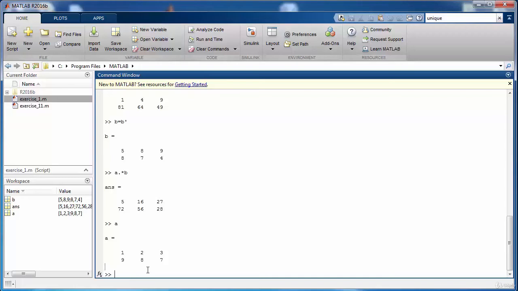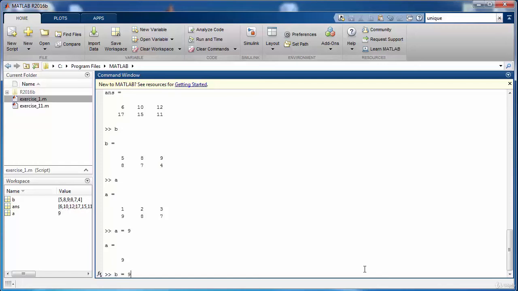Matrix addition operation can also be performed in a very similar way. This will add the corresponding elements of the two matrices. Let us display again the two matrices that were part of the addition operation. This was matrix B and this was matrix A. So now we can clearly see that the corresponding elements are being added to each other in the resultant matrix.